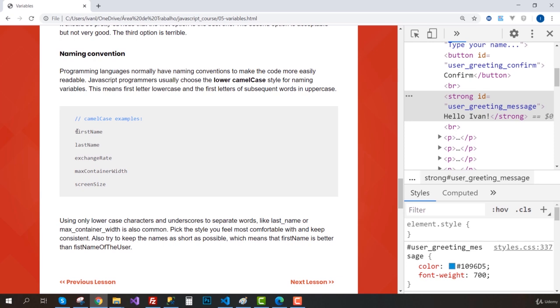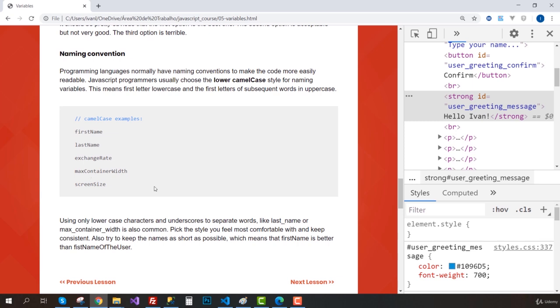So the first letter is going to be lowercase, then the first letter of each word is going to start with uppercase. So here we have 2 words. The first word is all lowercase, then the second word starts with an uppercase. Same thing here. Same thing here. Now we have 3 words. We can see the first one starting with lowercase, second word uppercase on the first character, third one, and it